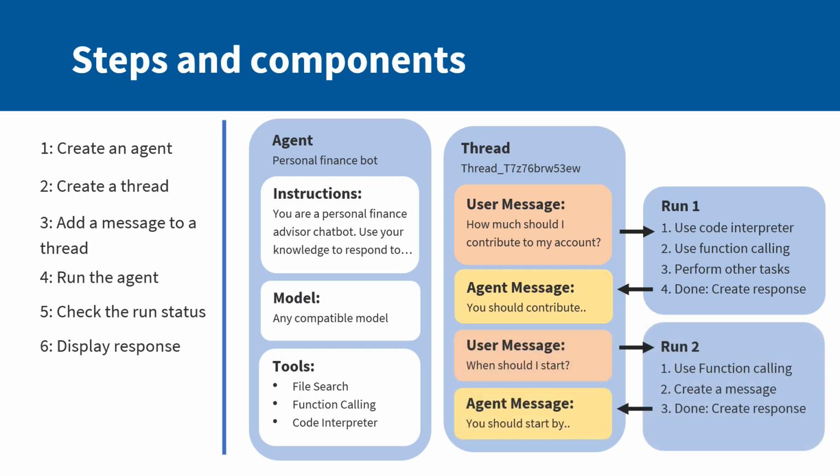From there, for any new user message, once you create a new message, we just add it to the thread. We run the agent again, and then the responses are automatically sent back to the thread. In the next few videos, we'll discuss what these tools are. But for now, we're just creating a basic agent with no tool attached to it. Okay, now that we've discussed the different concepts, let's demonstrate how we can create an agent using code.